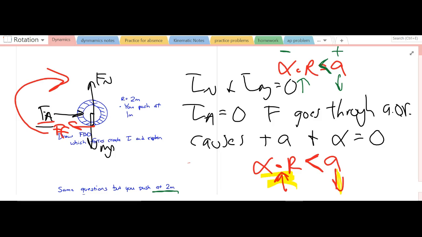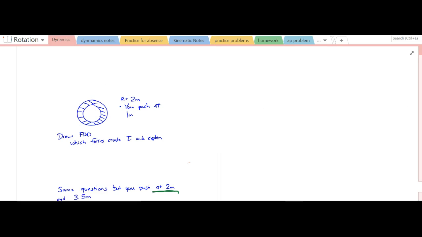All right, again, pause it on the next one, and let's try what you can come up with on the last one. All right, our last example is what happens if you push at 3.5. So not quite the top, so let's say you push here. Again, normal force, which is perpendicular to surface, goes through the axis of rotation. Gravity goes through the axis of rotation, does nothing,